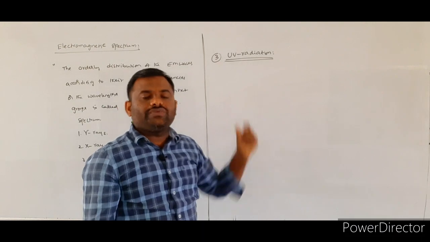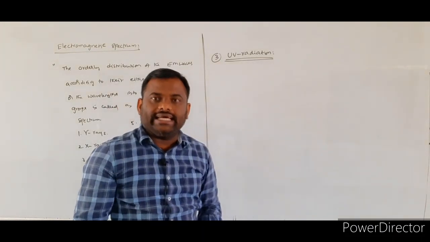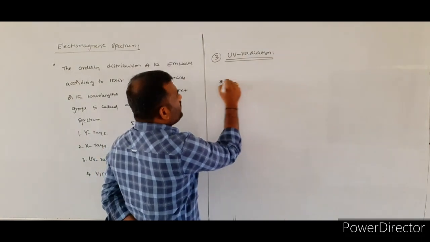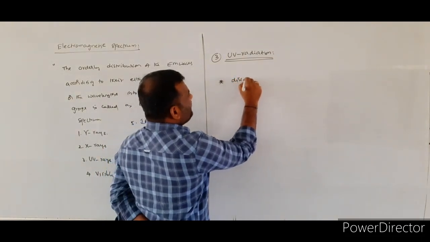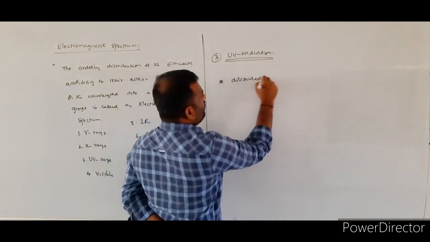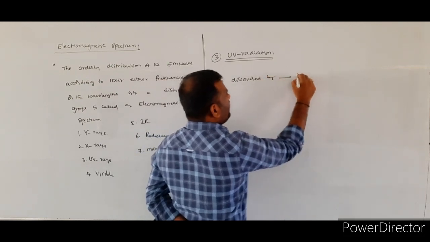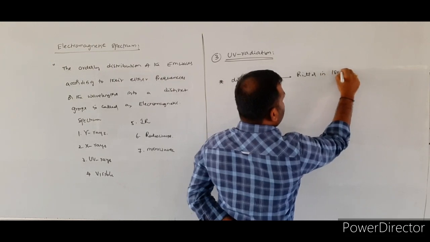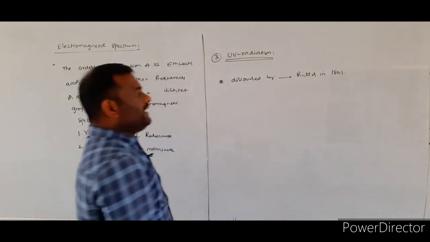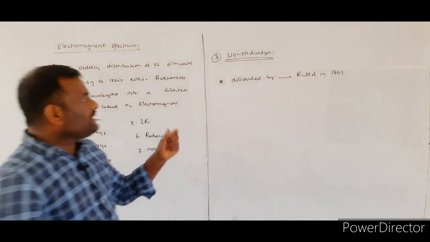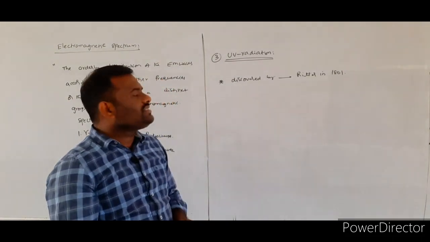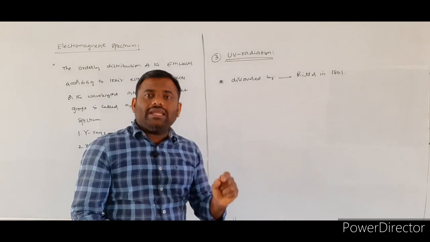So the UV radiation was first discovered by the scientist Ritter in the year 1801. Next, now that we have written who discovered the UV radiations, we will write the wavelength range